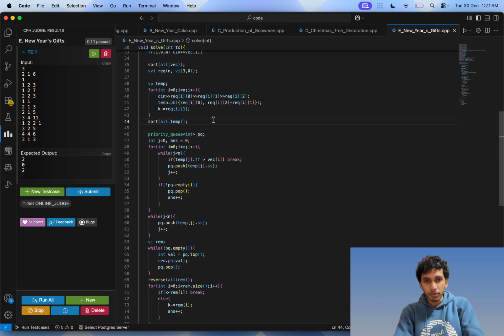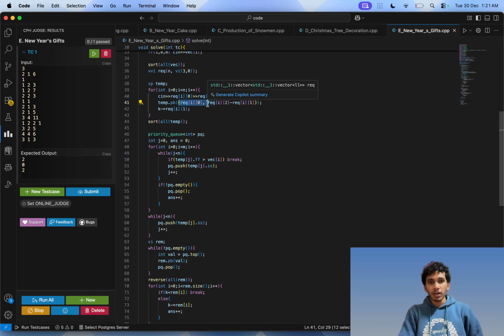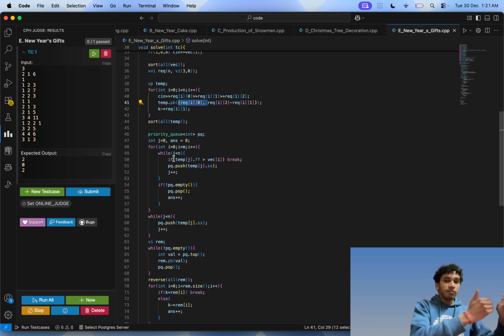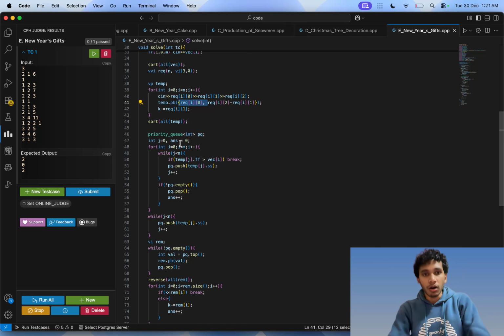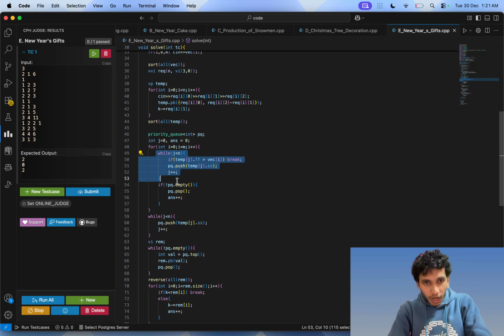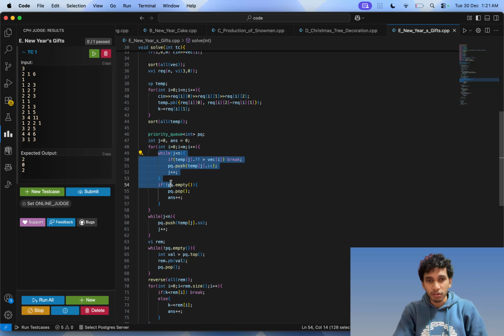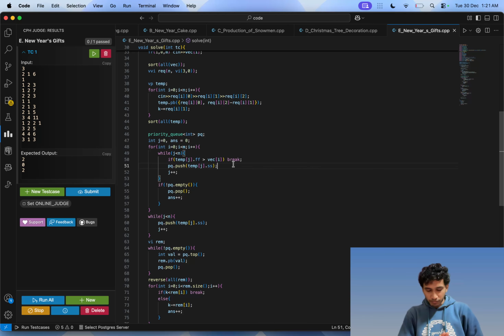We sorted temp with the first value as the number of beauty required to make him happy. So the friend with the smallest beauty required comes first, and all the friends that can be satisfied using the first gift, we take them using this loop and insert their number of coins required using a